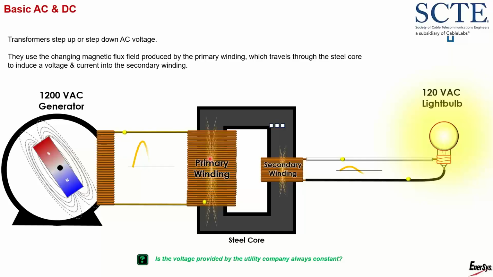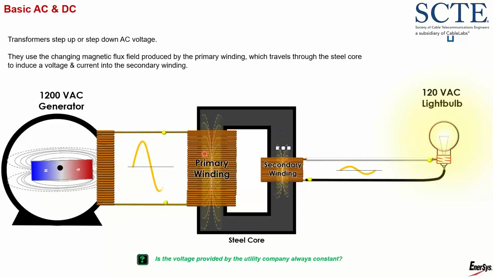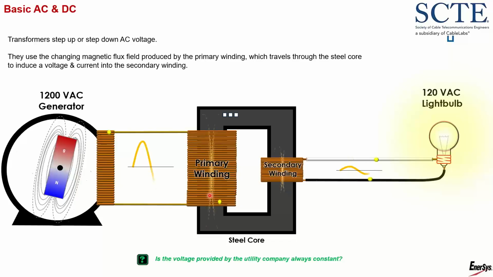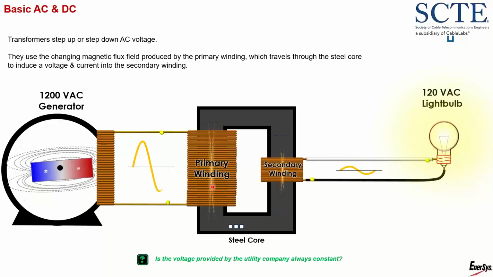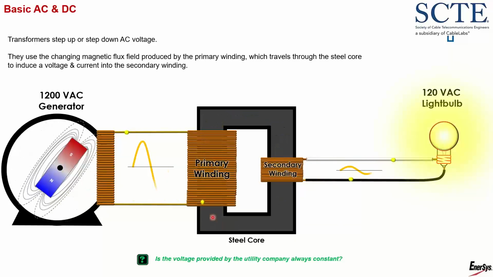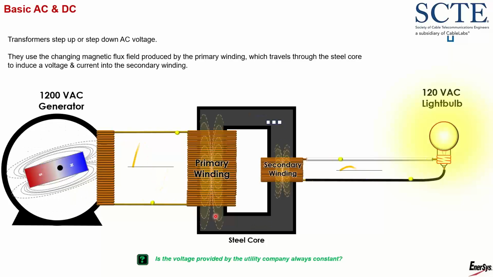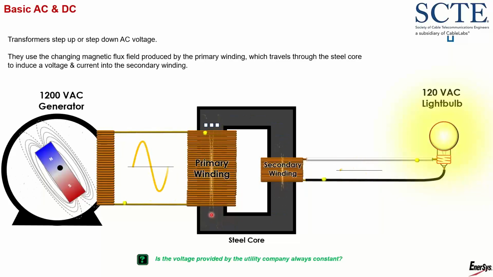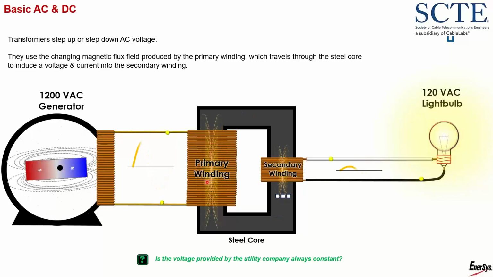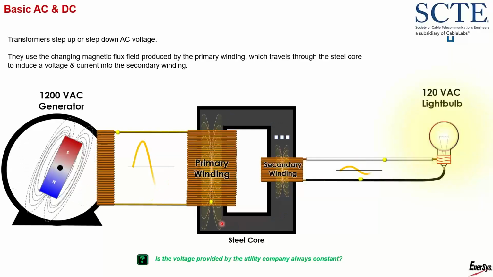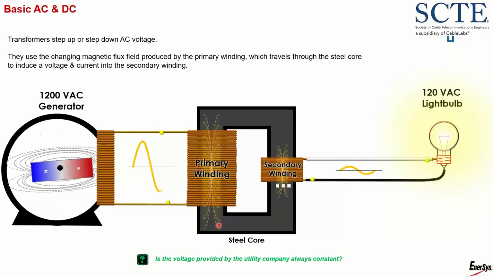And I want to have a strong magnet for a transformer. So I wind up all that copper wire. The other thing I have to do is wind that copper wire around a steel core. Now, the copper doesn't physically touch the steel. There's some kind of insulation between the copper and the steel, because I don't want the electricity to go through the steel core. I want the magnetic energy that is produced by that winding to flow through the steel core. Air is not an efficient way to move a magnetic field, but steel is an efficient way to move a